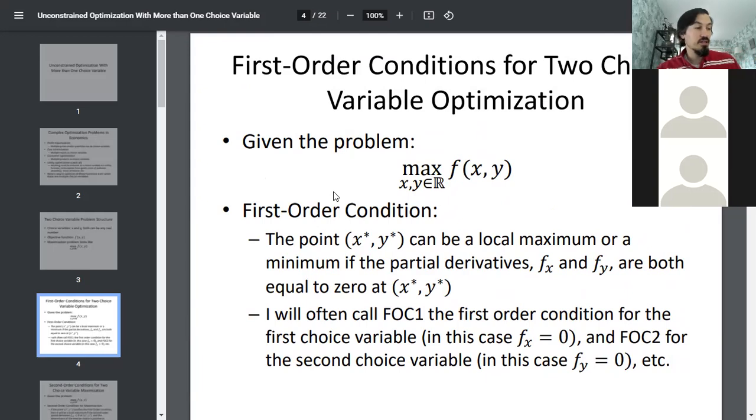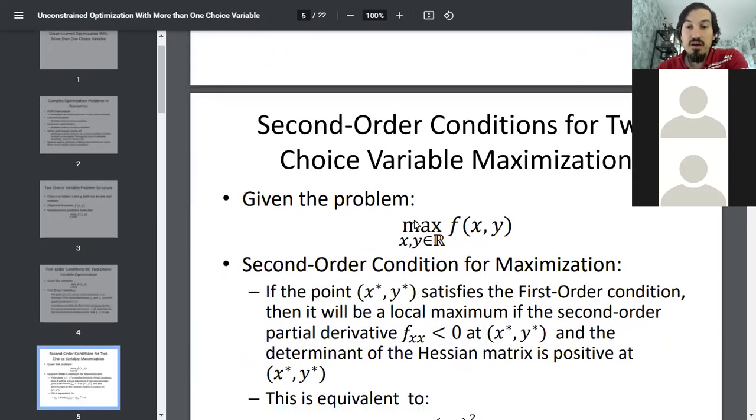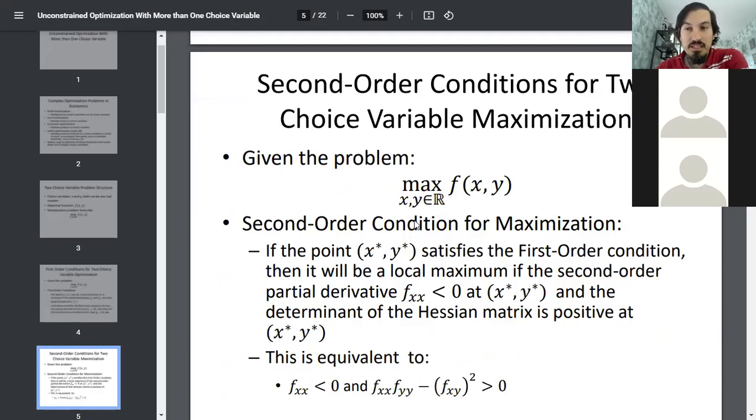Okay, I think we're ready to talk about second order conditions. Second order conditions are going to be different for maximization and for minimization. So let's talk about maximization first. If my problem is to maximize f, given any choice for x and y in the real numbers, the first thing you have to do is satisfy the first order conditions. That's why they're called first order conditions, because they're the thing that you check first. Once you've checked the first order conditions, then you can look at the second order condition. What will it be? Well, if some x star and y star satisfies the first order conditions,